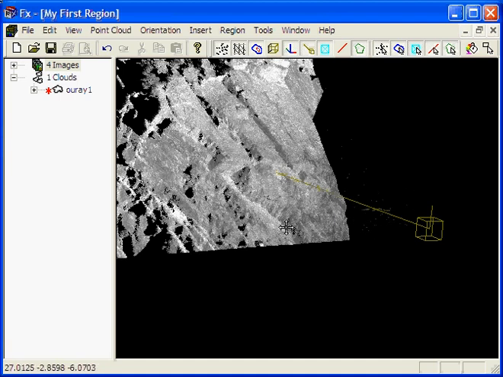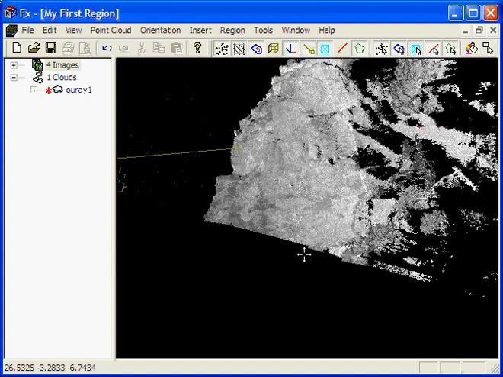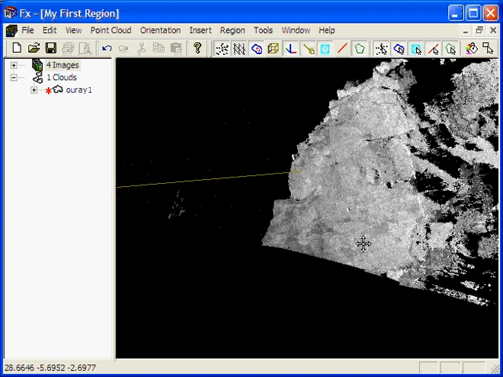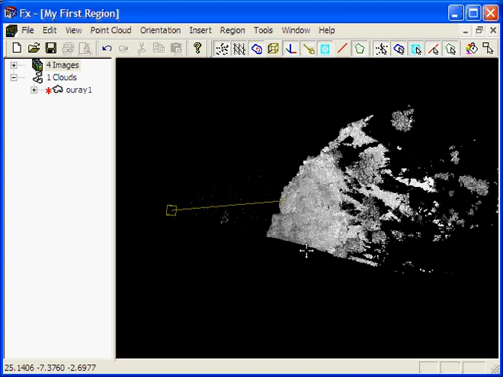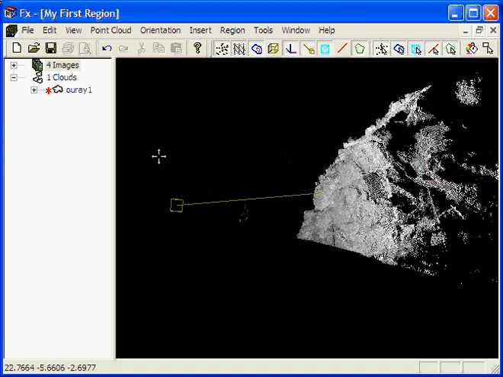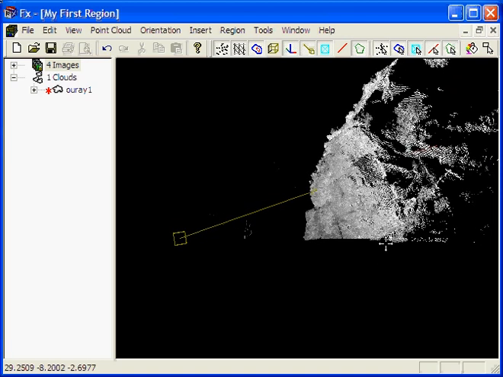For instance, maybe there's an automobile that drives by and we get some bad points. What I can do, for instance, is click the Z on the keyboard. That gives me sort of a top-down look. And then what I can do is I can select any points that are in front of here. In fact, the other thing I do is hit the Control key, line it up a little bit, and then